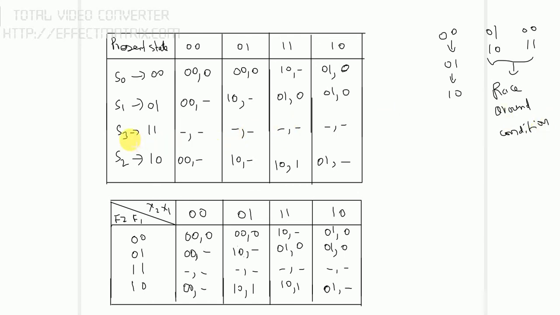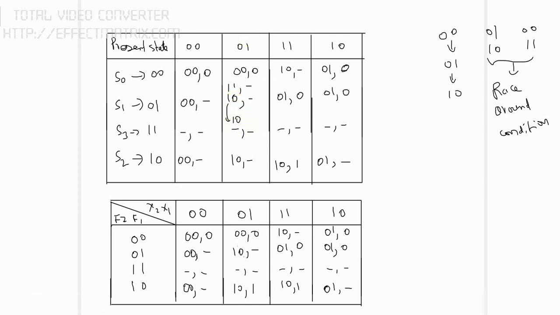So I have included the S3, 1 1. What happened here is that I am going to shift this: 0 1 to 1 0, 2 bits have been changed. So I am going to push this 1 0 here. What is the next value of 1 0? It is 1 1. The don't care is on the output side, which can be anything, 0 or 1. So when I include this 1 1 in place of 1 0, I check the bit values: here 0 1, here 1 1. Only one bit is changed. So I can insert this 1 1 comma dash in this place and bring this 1 0 comma dash into S3.